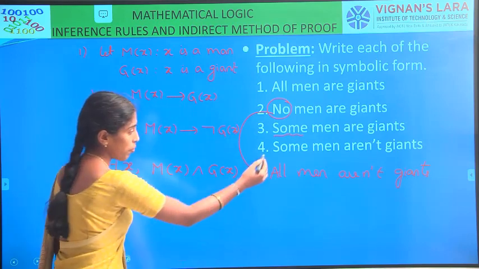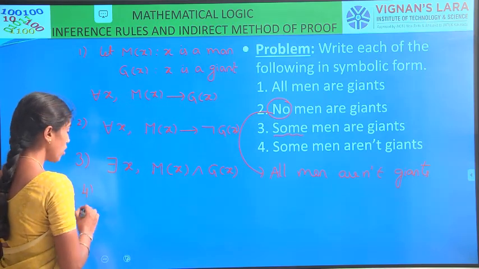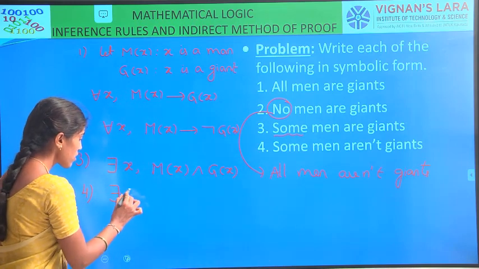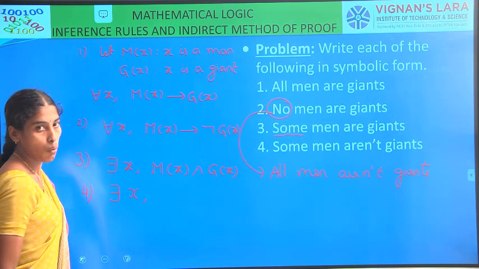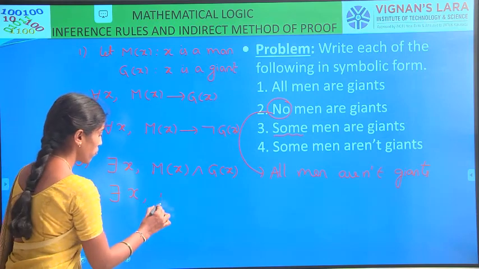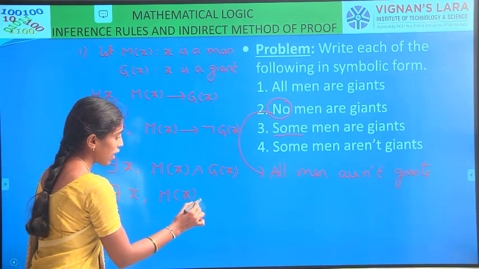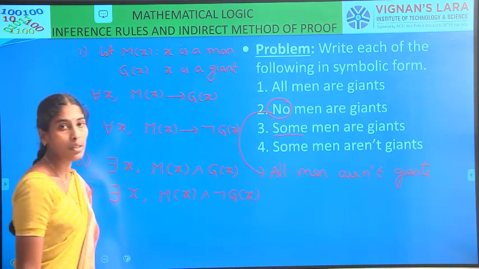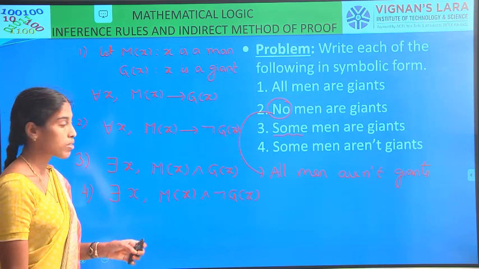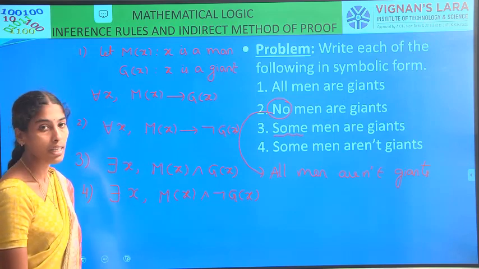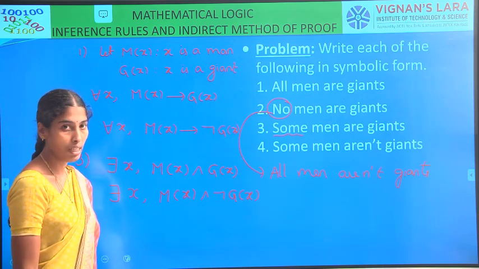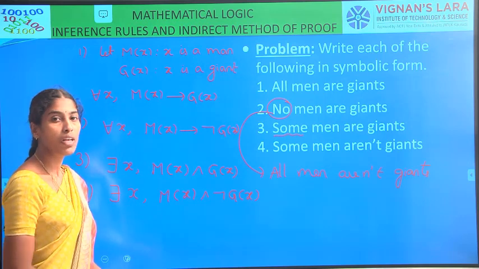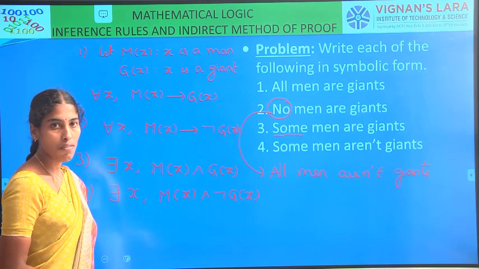Right? Next, coming to the fourth one, some men are not giants. So there exists some, at least one man. He is a man and he is not a giant. Like that, we need to represent each sentence by using the predicates and quantifiers in symbolic form. If we know how to write like this in symbolic form, then only we can apply the rules of inference